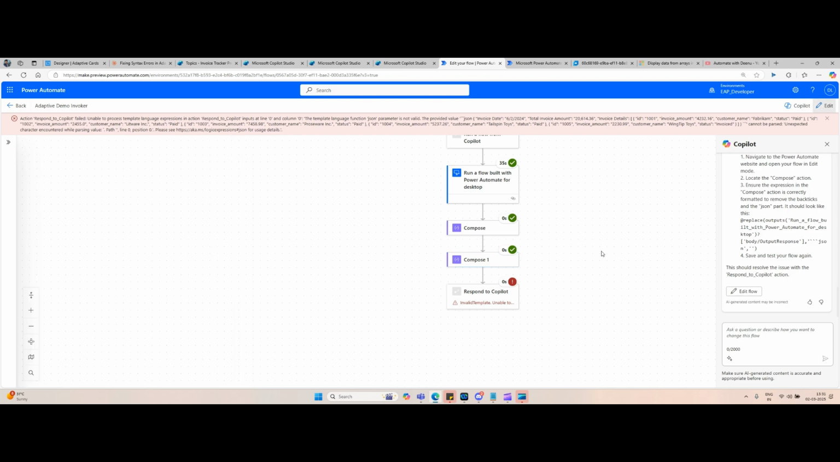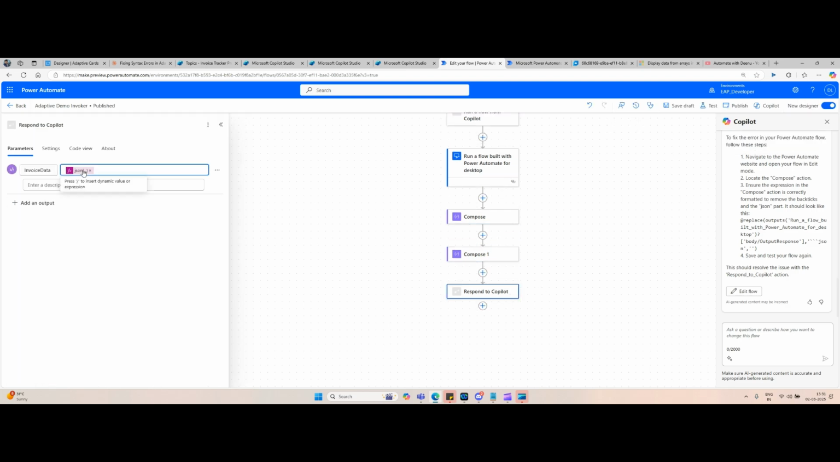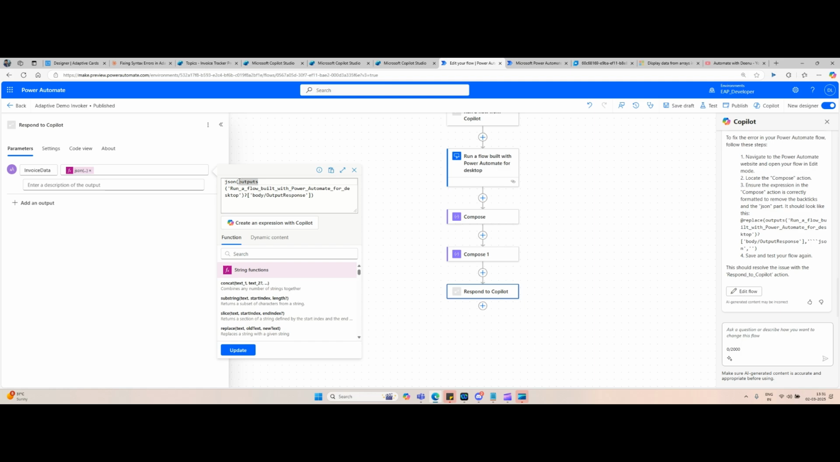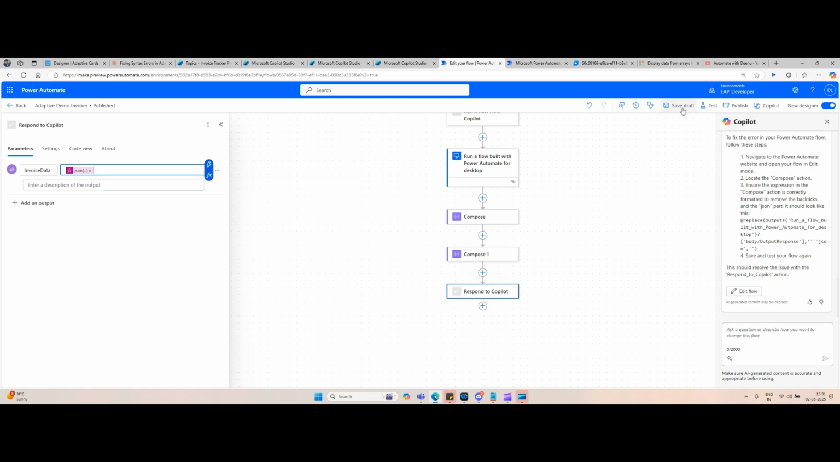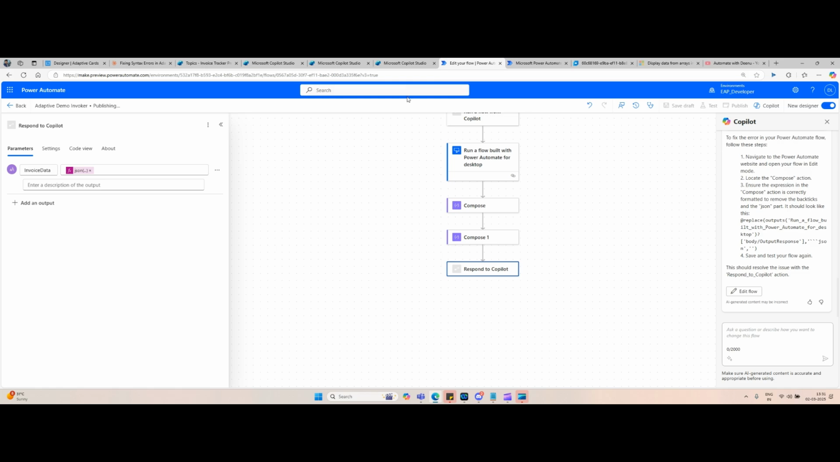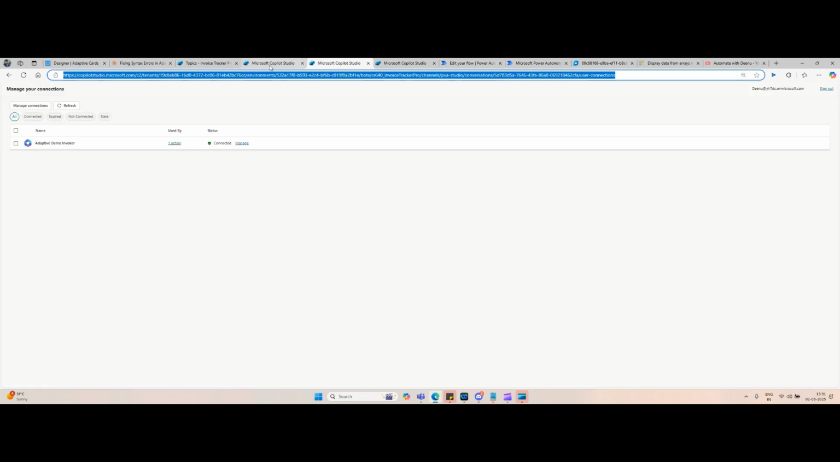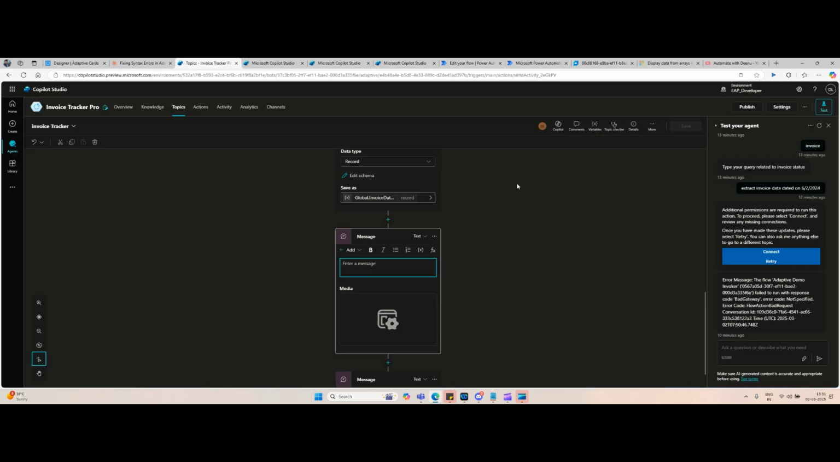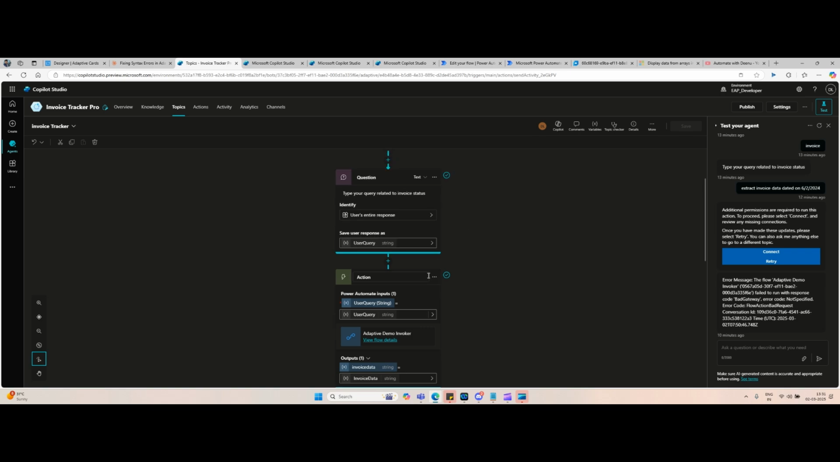Okay, this is fine. Now let's do this JSON conversion, not from the desktop flow. Let's take it from the compose one actions. Okay, update, save, publish. Okay, let's go back to the agent now, and you can do refresh if needed, or let's continue without the